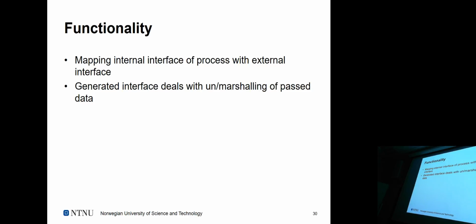So the fundamental idea is that we have the mapping from the internal interface to the external one, and it also deals with marshalling and unmarshalling of information, right? You guys know what that is? Marshalling, unmarshalling, a rough nodding, right? So it's basically if you need to get information on the wire or through your operating system for that matter, you need to serialize it in a way so it can be reconstructed as an object, for example, on the receiving side, right? In this process, the serialization is called marshalling. What are typical examples of formats used for serialization nowadays? JSON. JSON, right? Classical one, human readable one, right? So we have BSON, right?